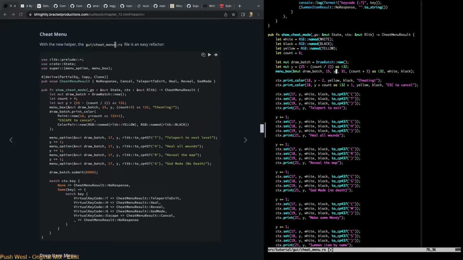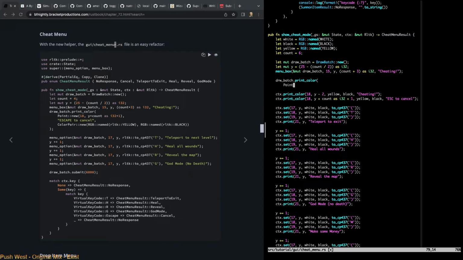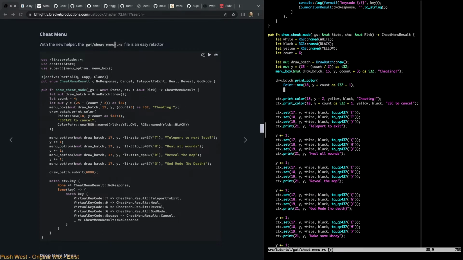15, then y. I forget what the 31's for. Then count plus 3 as i32, and then cheating. Like that. I guess by default it does white and black, so we don't have to worry about that. Now we draw batch, print color, point, new 18. Again, that 18 is there. Y plus count as i32 plus 1, and then escape to cancel,